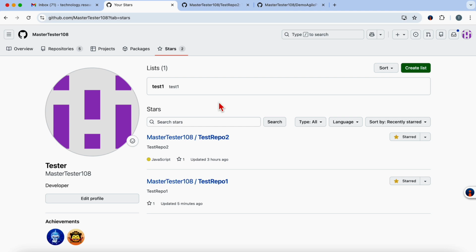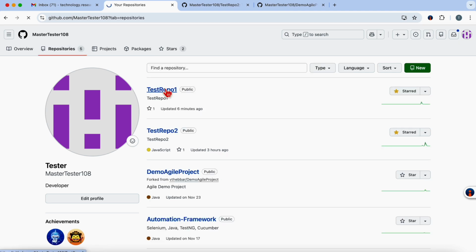It means some distinguishing feature. So this star feature is a feature to distinguish a few of the repositories that you want to distinguish easily, or you want to separate it based on certain indicator. Then you can use this particular feature. And similarly,